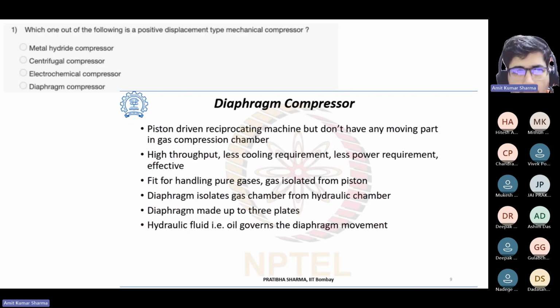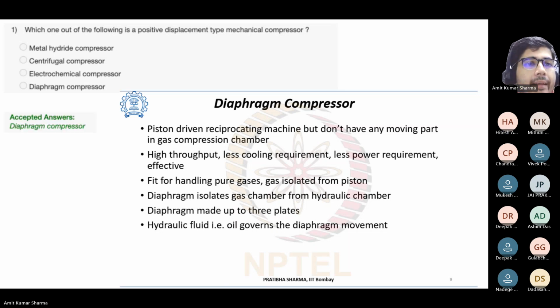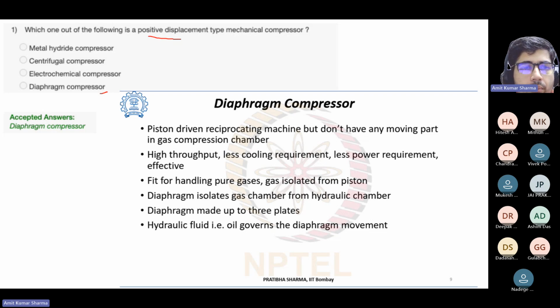Okay, so the answer you were saying is option D, diaphragm compressor. Your answer is correct. The question is about the positive displacement type. We saw in our second slide the categories of compressors. The diaphragm one comes under the positive displacement compressors. Okay, now let's